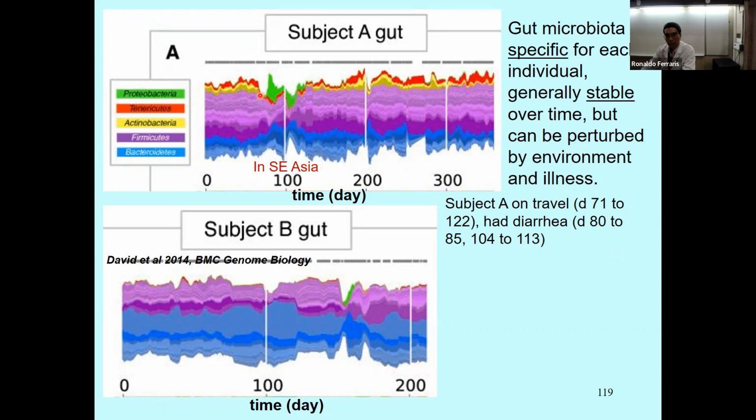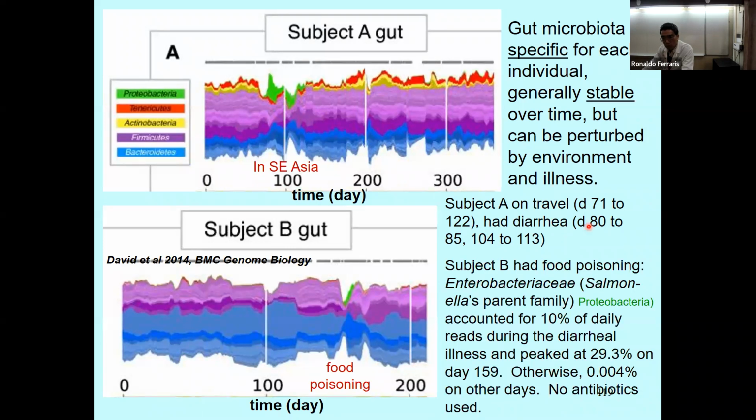Here, sorry, this is the entire episode from day 71 to 122, but the diarrhea occurred from day 80 to day 85, shown here as peaks, and day 104 to 113. So there's two episodes of diarrhea. That food must be good because you went there and had to experience it again to have another episode of diarrhea. But as you can see here, what I'm trying to allude to is that the salmonella was detected